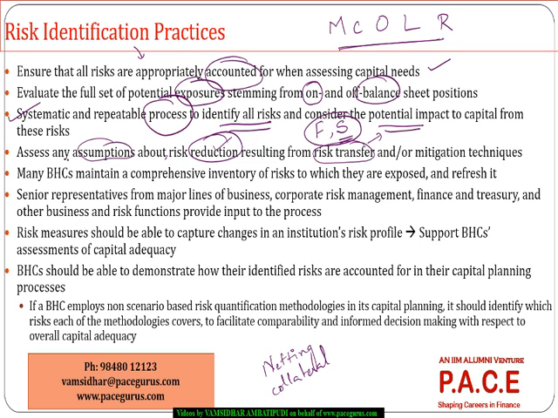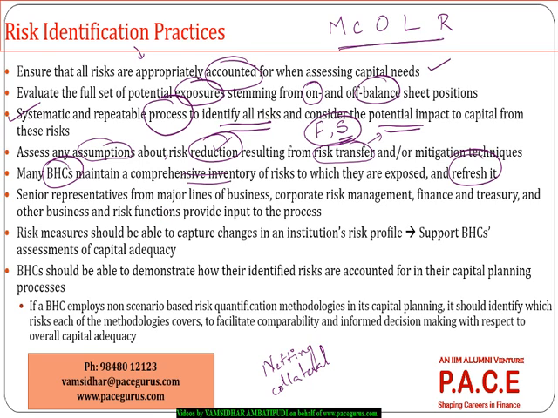Of course, many of the big banks and holding companies, they have a decent inventory of all the risks to which they are exposed. They maintain a big repository. They keep updating it. So any new risk comes up, it goes into their inventory. So generally many large banks and holding companies, they are very much competent in terms of identifying different kinds of risks.